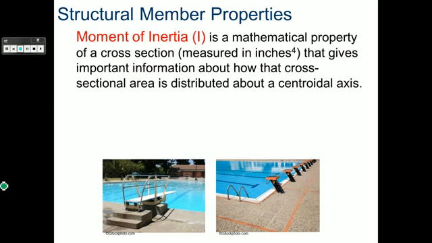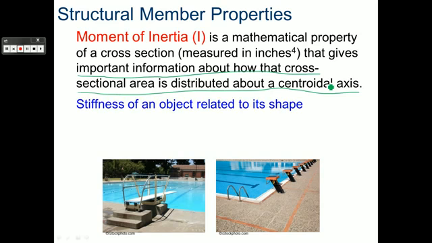what stops it. The moment of inertia, this nice long definition, what's important to know is it tells us important information about how a cross-sectional area is distributed about the centroid. Keep in mind that the centroid is the center of gravity or the center of mass of an object. What we really need to remember, because we're going to look at something else slightly different, is that we're looking at the stiffness of an object related to its shape or related to its orientation, related to how it's set